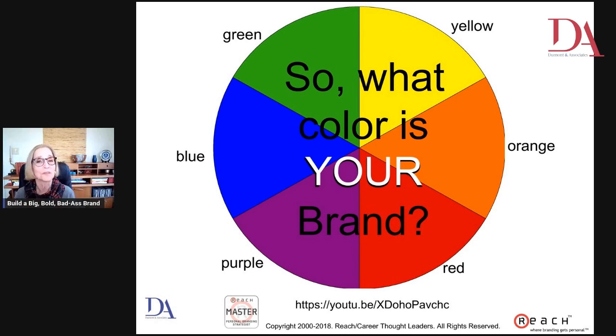Yellow is just what it sounds like. It is sunshine. It is bringing sunshine into people's lives, making them happy. Orange is about energy. Red has a lot of energy, but it's that passion. Orange just brings that zest and that let's get it done, let's go, gang. And then finally, purple often means royalty or religion.